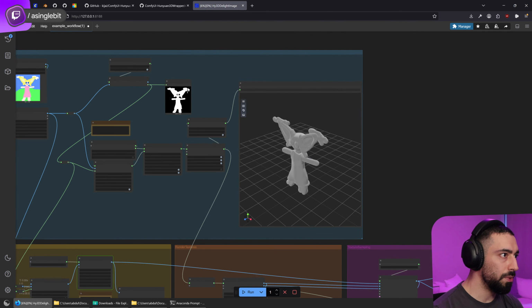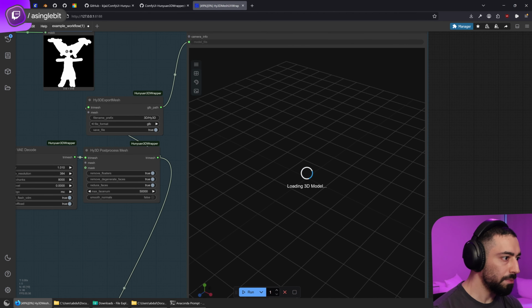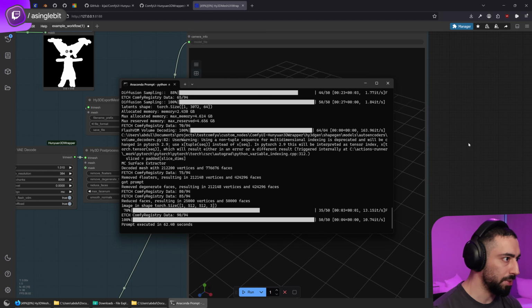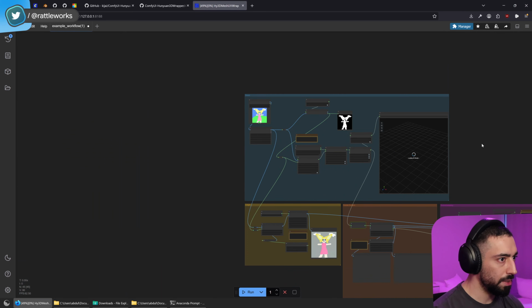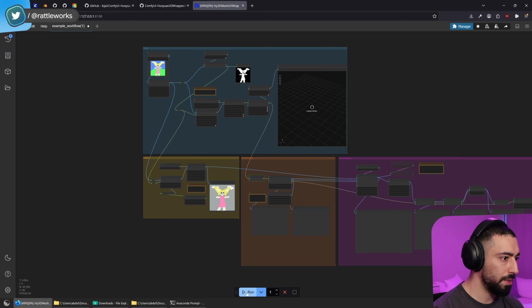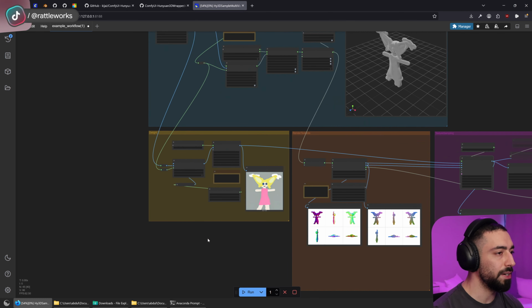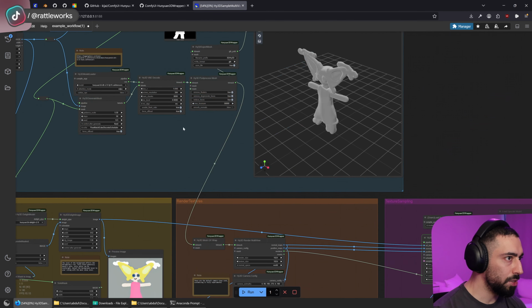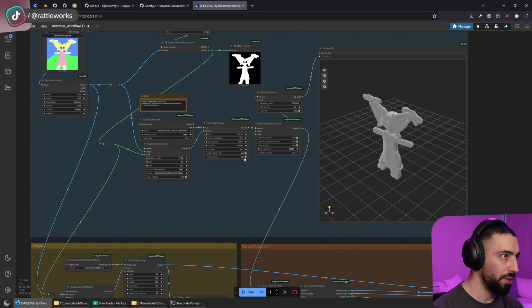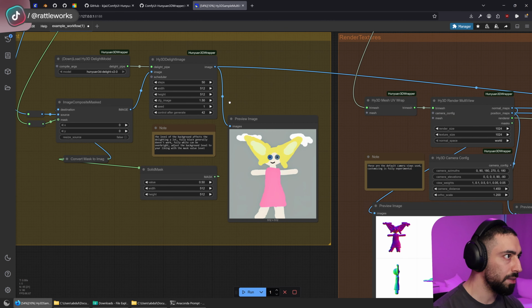Okay, so then the base mesh is being generated like so. And of course, I restarted the process, so it's going to do this again. Let's see, I think it did not. So let's see if this works. Oh no, it is still running. Okay, all good. So after the mesh has been generated, it does some delighting, removing the light from the image,